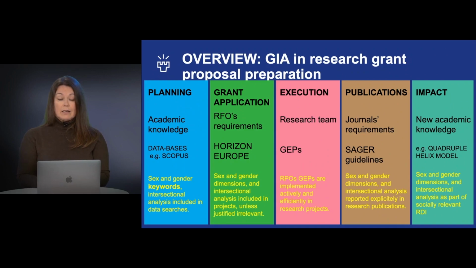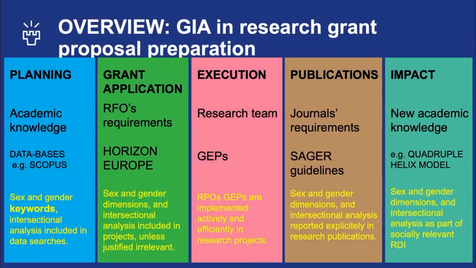There exist such guidelines like SAGER that request editorial boards to pay special attention to explicit sex and gender dimensions in each manuscript. And the authors might be requested to fine-tune the manuscript in that sense that they explicate how sex and gender were part of the research process and how the research results are applicable to different groups of people